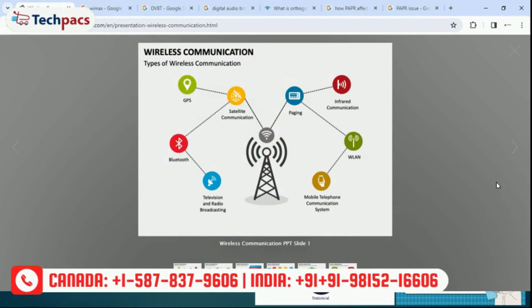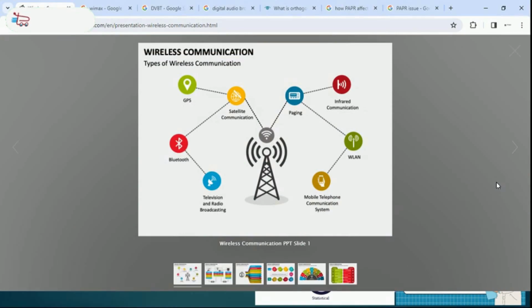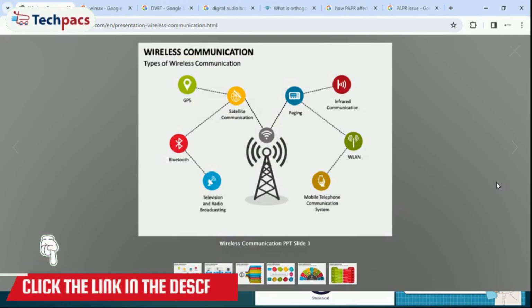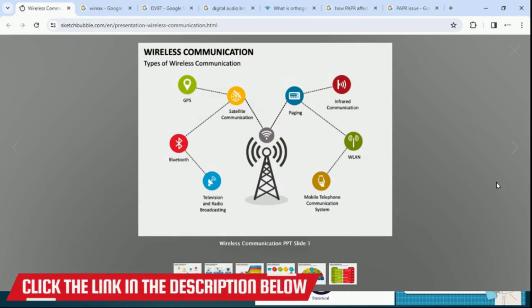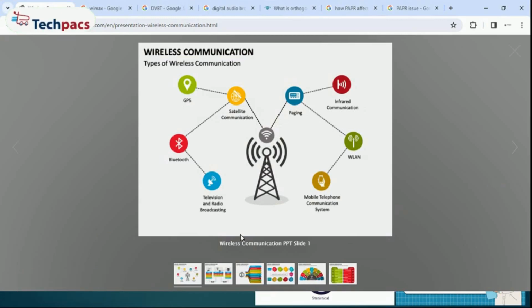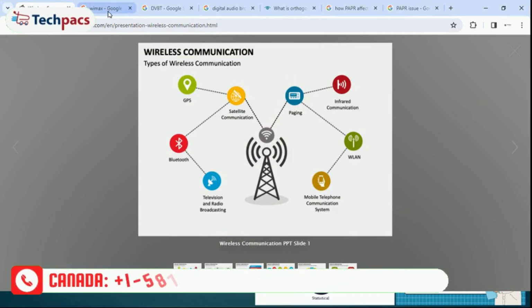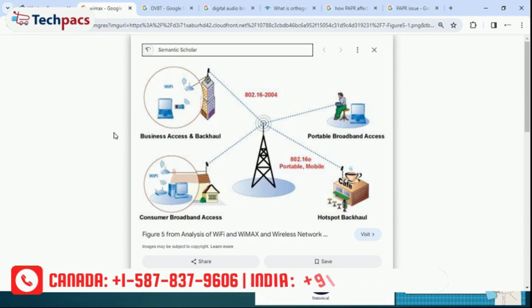In wireless communication, this problem arises: PAPR, peak to average power ratio. So the application areas where this can be helpful are wireless communication, such as satellite communication, mobile communication, telephonic and radio broadcasting. These are the application areas where it can be implemented, in Wi-Fi and WiMAX,